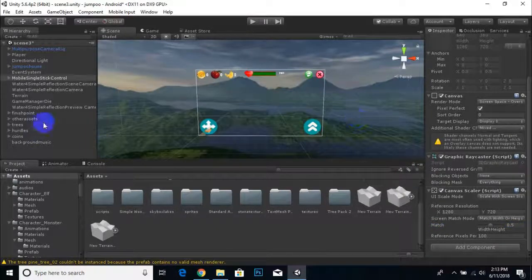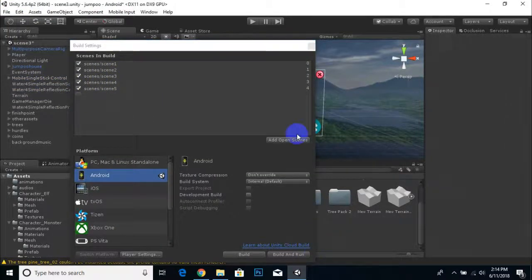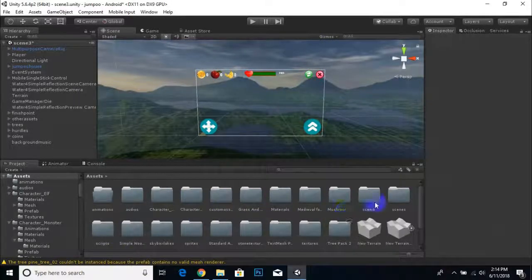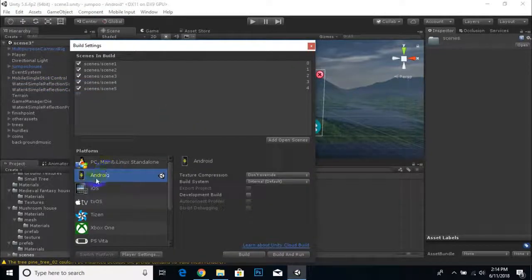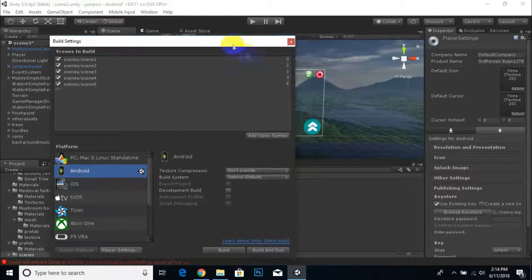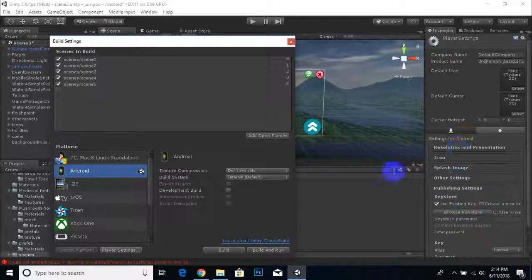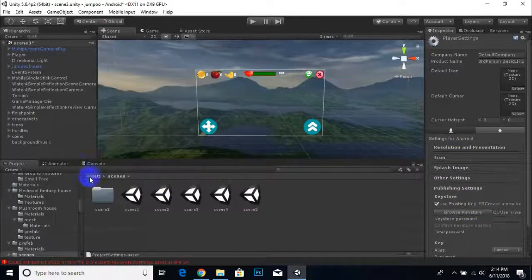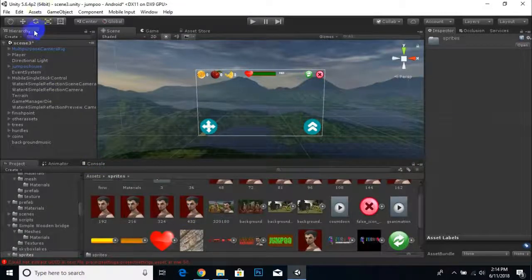Now we will go to file and build settings, and our scenes are here. We will check our scenes, that we have 5 scenes. Yeah, we have 5 scenes only. Then in build settings, after selecting Android, we will select player settings. In player settings we will add our things. I already have added a lot of things here, but I will show you how you will add all these things. And one thing, I think we will go to these sprites first, because we need images,